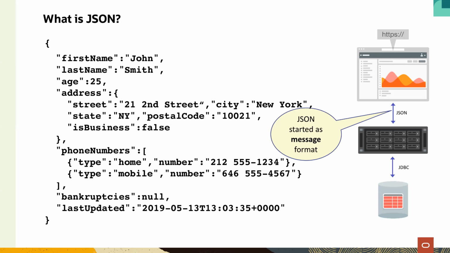data model that was introduced probably over a decade ago. And JSON is short for JavaScript Object Notation, and it basically gained popularity by JavaScript developers. So at some point, all the people who made static HTML pages had to learn some JavaScript to make these pages interactive. And as part of that, they got familiar with JSON. And JSON has also become a very, very common, probably the de facto format to exchange messages between a web browser and a web server. So you may now ask yourself, this is a message format.